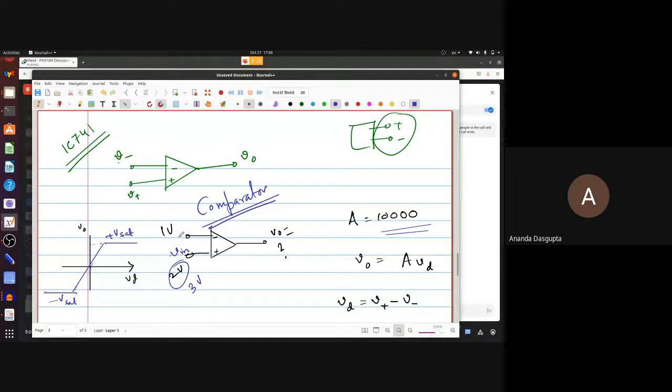Okay. This is not a linear circuit in the sense that the output is not proportional to the input. 2 volts input, output plus 12. 4 volts input, output still plus 12. Minus 2 volts, output minus 12. Even forget minus 2 volts, 0.9 volts, output minus 12. So this is not a linear behavior at all. If you were to graph V out versus V in,